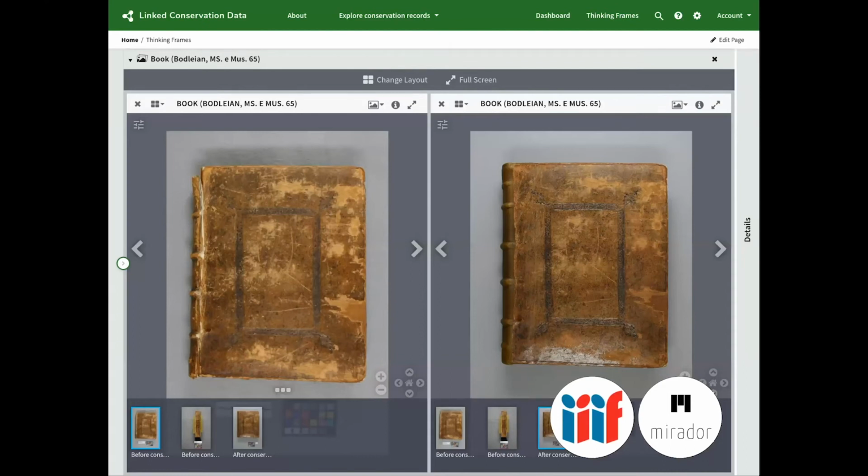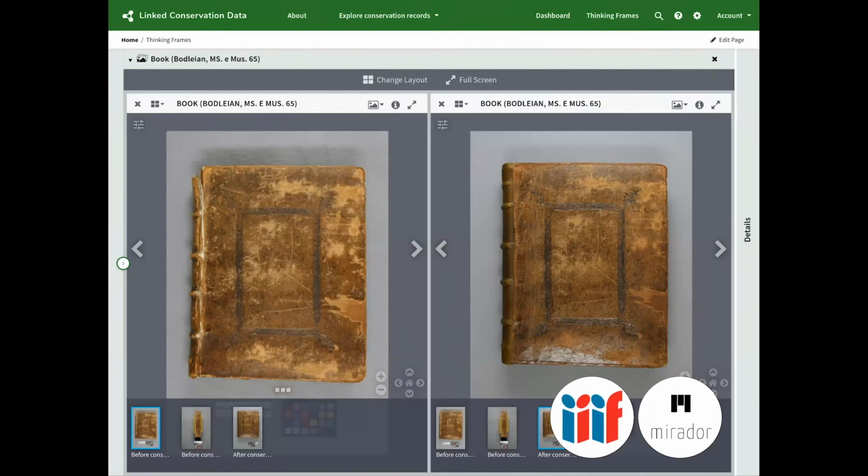It also implements IIIF, and for those who don't know what IIIF is, it's a protocol for making photographs available online. And it also works nicely with a web-based image viewer called Mirador. Now, I'm not doing justice to these things. These are amazing projects that have really transformed research around humanities online. But just as a